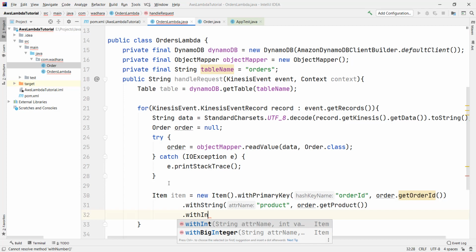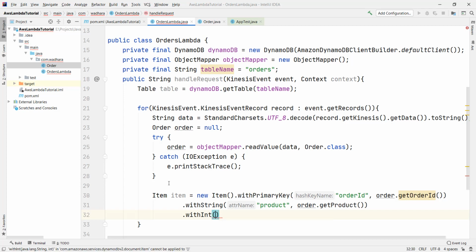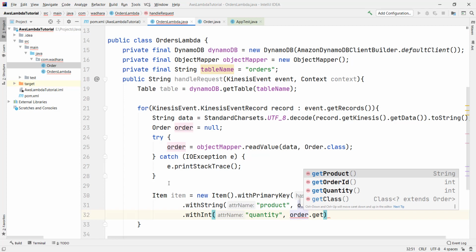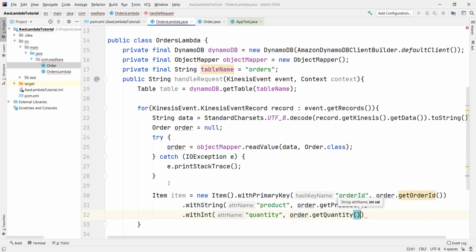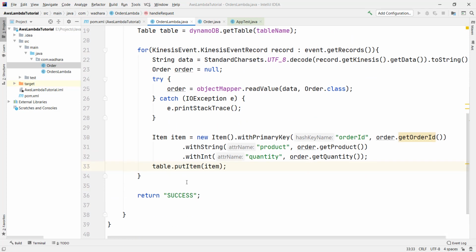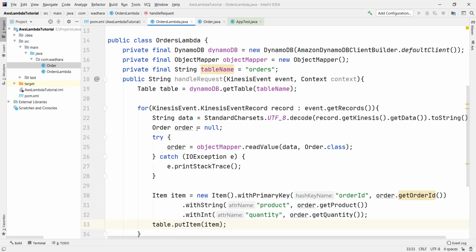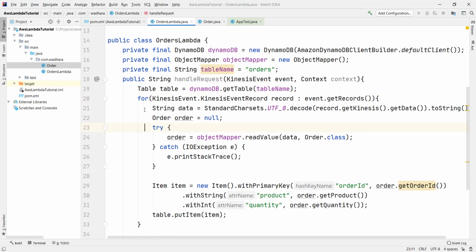And we have withInt where we will pass quantity, order.getQuantity. And after that, we will be storing the value as put item. If we are getting more than one item, then we can use batching also. So for now, we'll take the example of one item only. My code is done now.